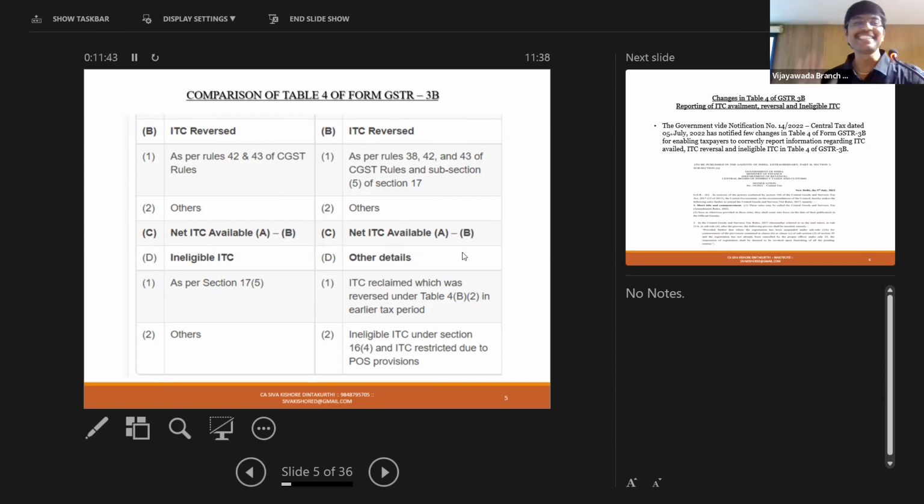So net ITC available. What is net ITC available? In 4A 1 to 5 we have punched the eligible credit. In 4B 1 to 2 we have punched the ineligible reversible credits. Let me deal with 4B2 others. Whatever credit you are going to reverse, which is permanent in nature, which is non-reclaimable in future periods, that has to be in